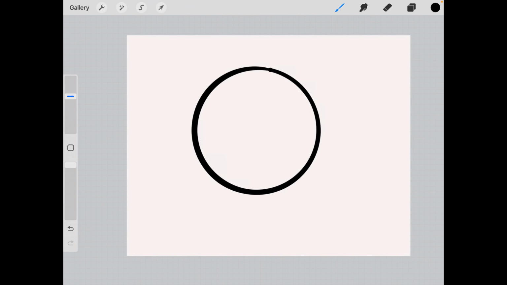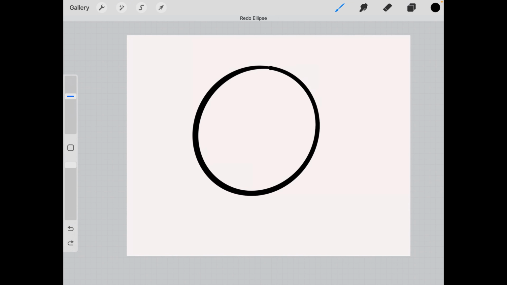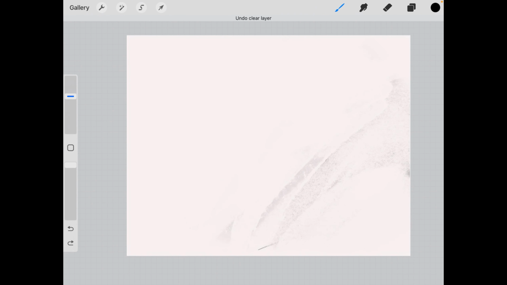Okay, and also if you want to undo something, use 2 fingers and just tap on the screen once and it will undo. And if you want to redo, use 3 fingers and tap on the screen. And if you want to remove all this and see just the artwork, tap on the screen with 4 fingers and it disappears, and tap again with 4 fingers to bring it back. But this, you need to enable. I will show you that in a second.